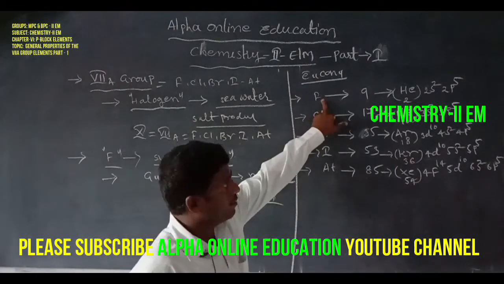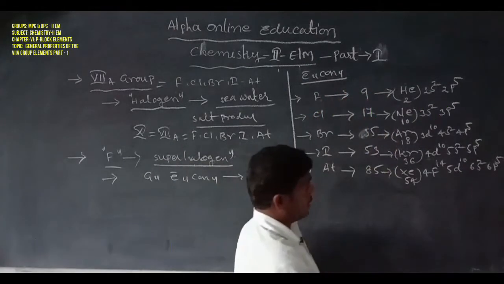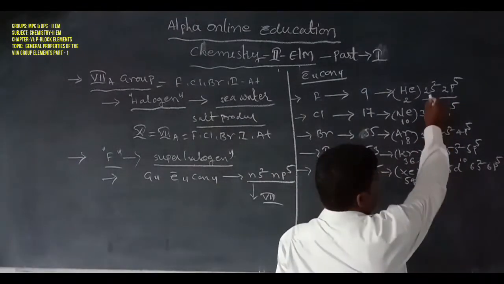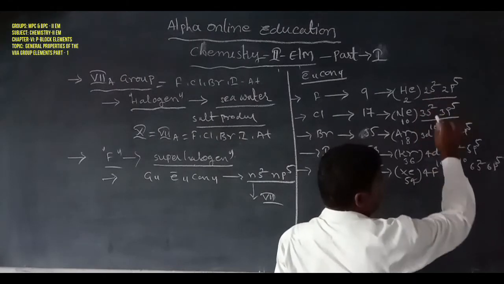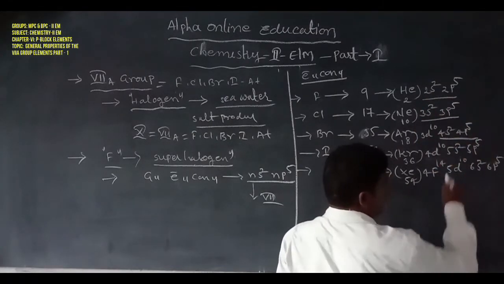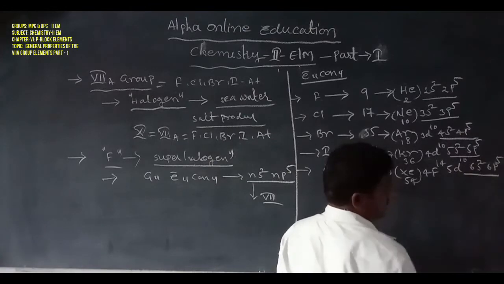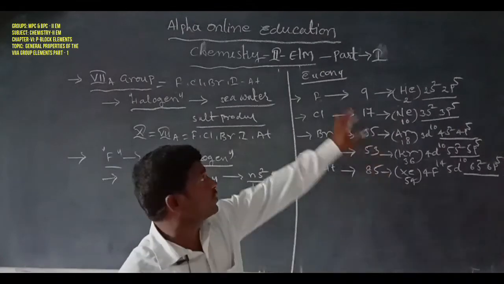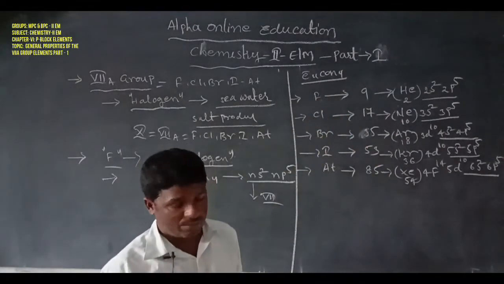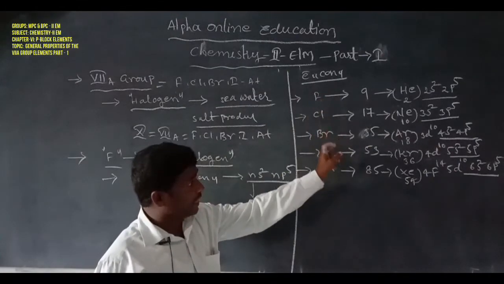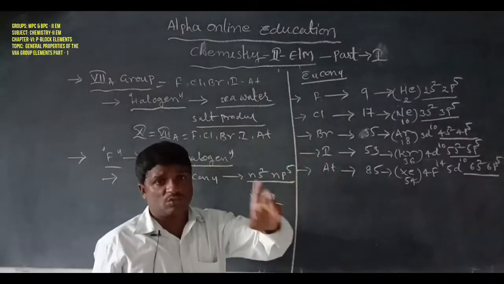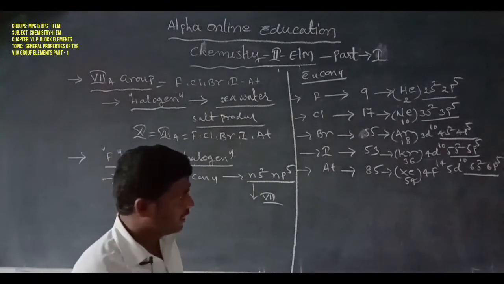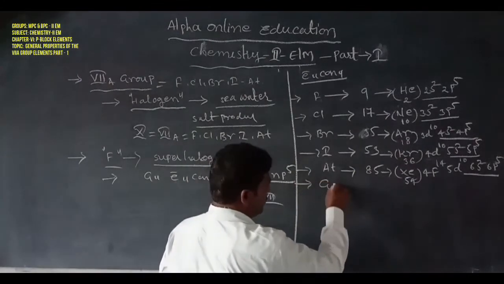In the 7th A group elements, the outermost shell of all elements consists of only 7 electrons: 2s2 2p5, 3s2 3p5, 4s2 4p5, 5s2 5p5, 6s2 6p5. Fluorine, chlorine, bromine, iodine and astatine all have only 7 electrons in the outermost shell, so it is called the 7th A group. Next one, general properties of